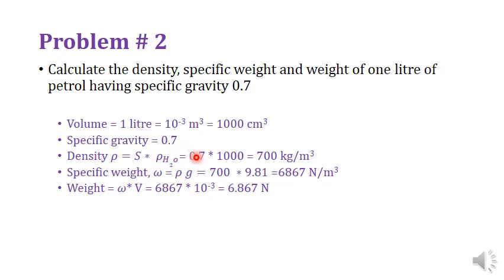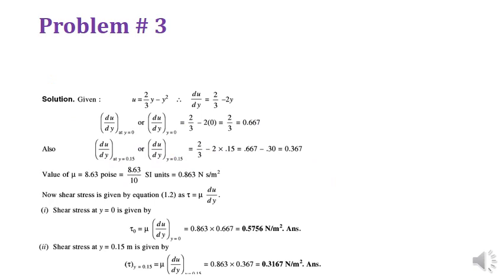While determining different physical properties, like 1, 2 and 3, and many properties that need to be calculated, you need to be very careful regarding the sequence of calculation. Let's suppose you want to calculate the weight first, then it will be difficult, because you first need to determine the specific weight of the fluid. To determine the specific weight, you need the density. So it will take some time for you to practice which property needs to be calculated first. So it ends over here.